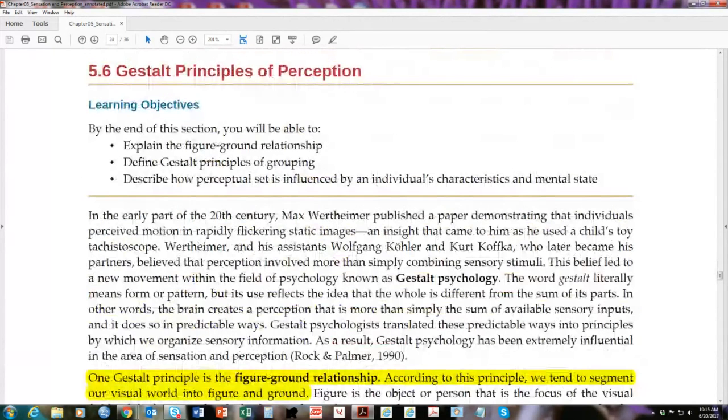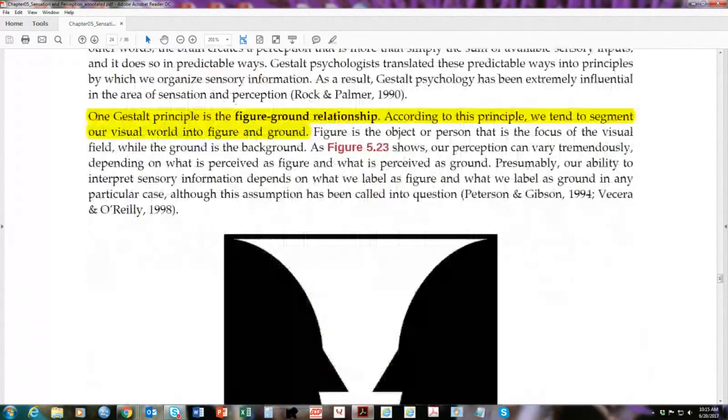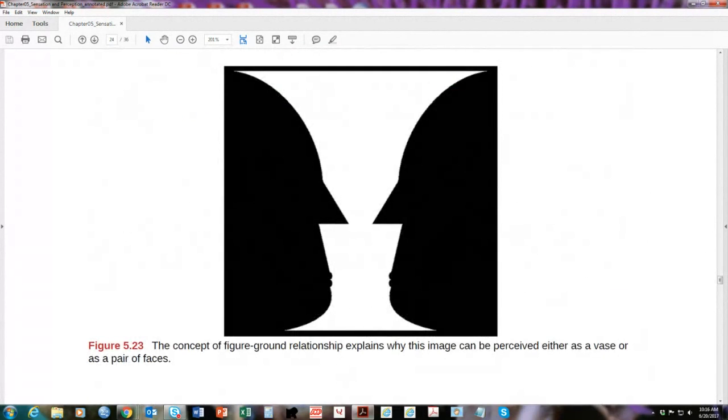Lastly, we get into our Gestalt principles of perception. Now remember, the Gestalt principles of perception were worked out around 100 years ago, primarily by Max Wertheimer and others: Max Wertheimer, Wolfgang Köhler, and Kurt Koffka. But Gestalt principles like figure ground. What we see in figure 5.23 is figure and ground, and depending on whether it's figure or ground, we tend to alternate. So you can see the vase or the goblet and